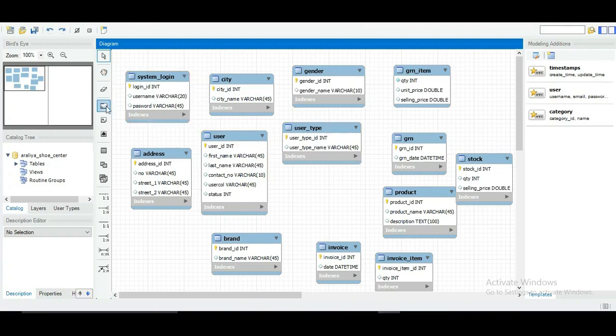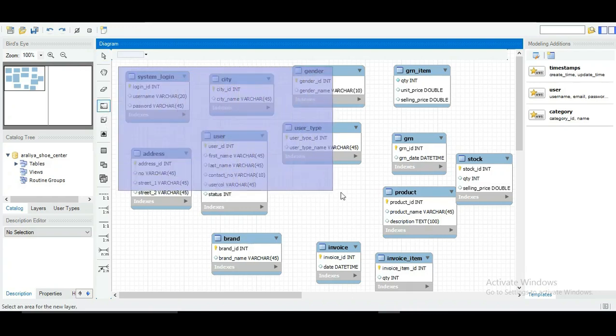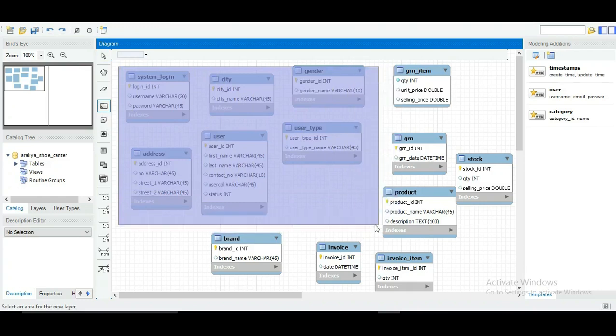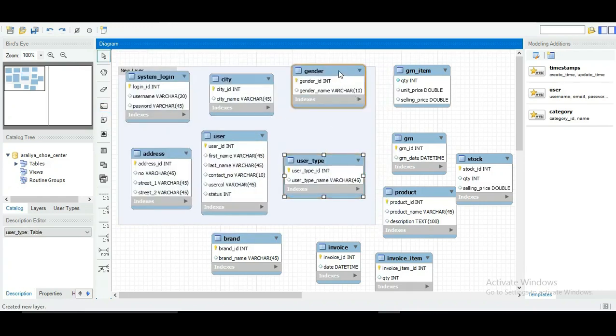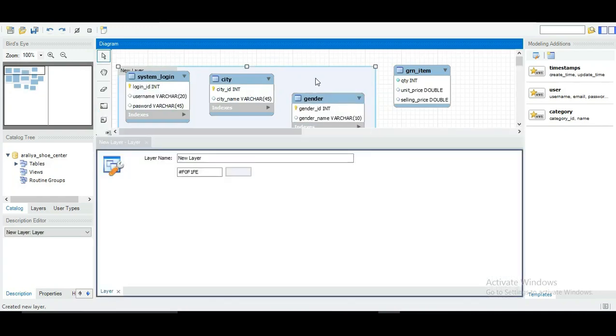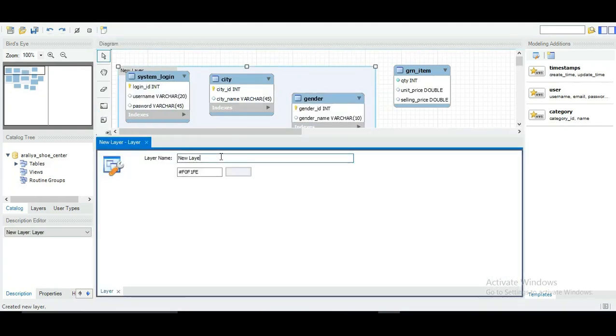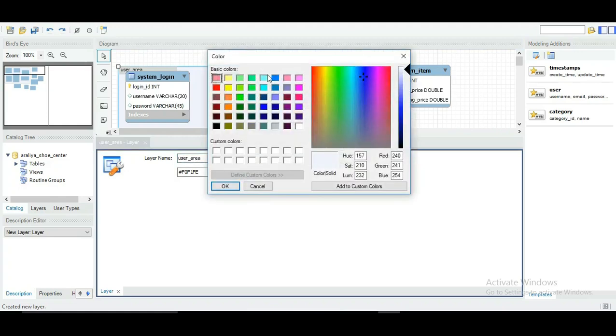So for that, I'm going to click on this place a new layer at selected area button, and then I'm going to drag this area like this with the mouse, and next I'm going to rename this area to user area, and after that I'm going to give it a color.